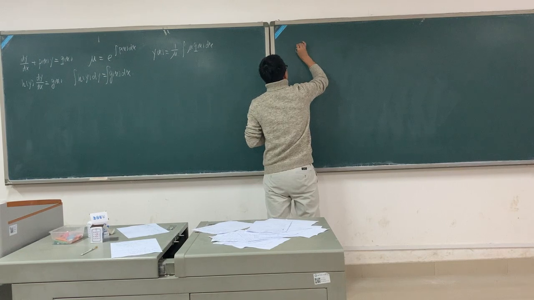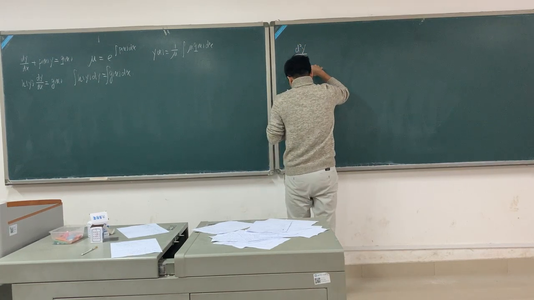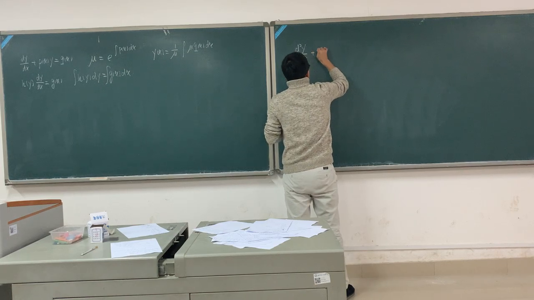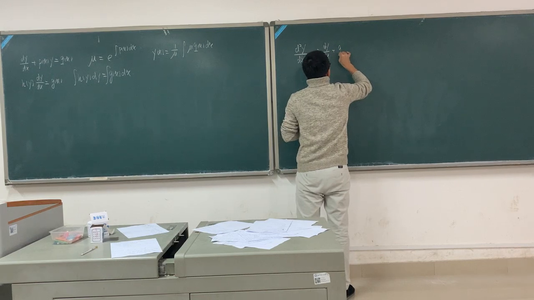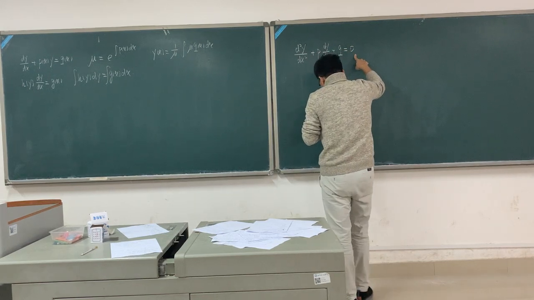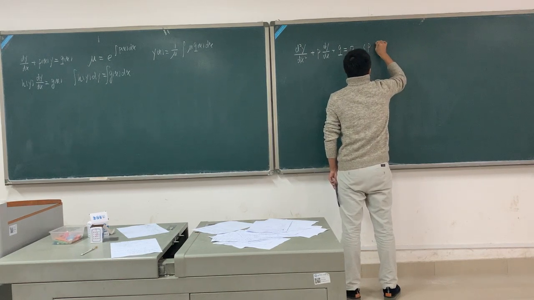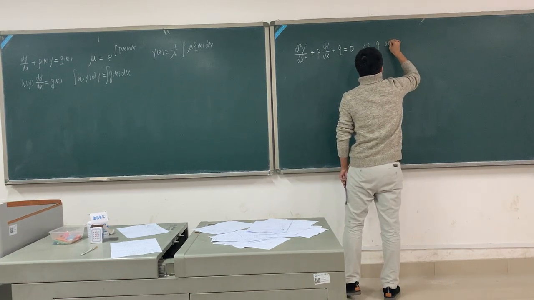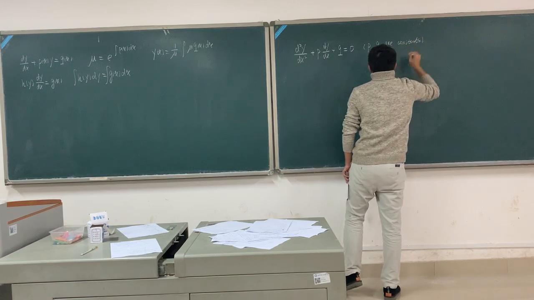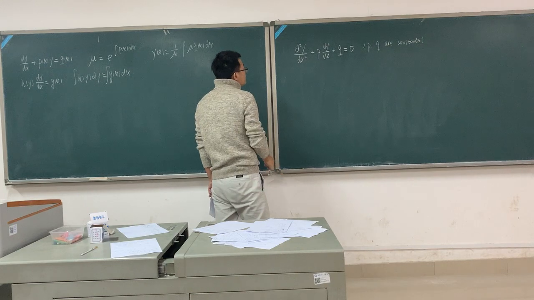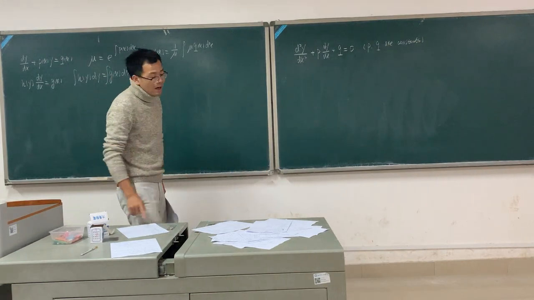The second order derivative d²y/dx² plus p dy/dx plus q y equal to 0. Here p and q are constants. And for this equation, we say that we have the